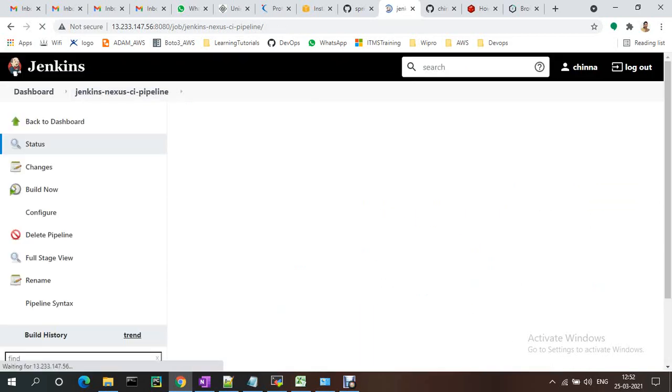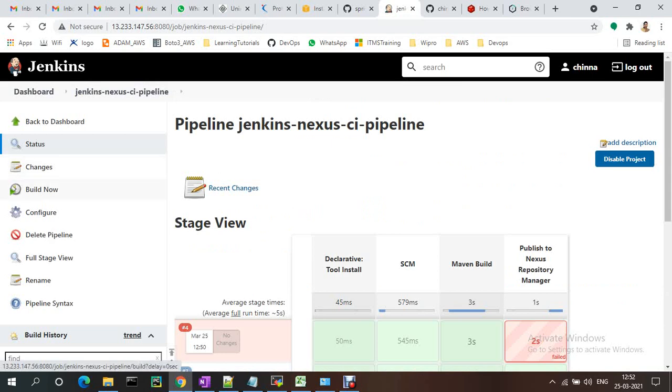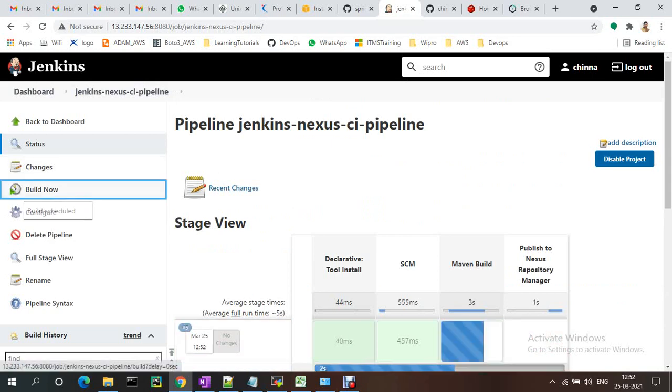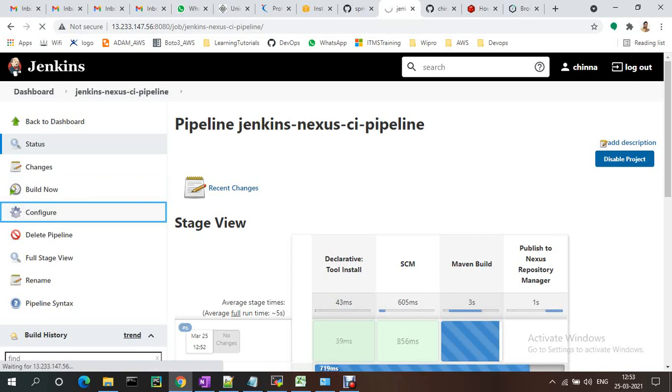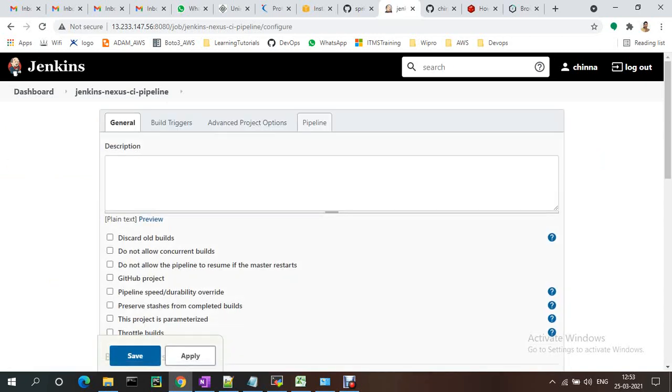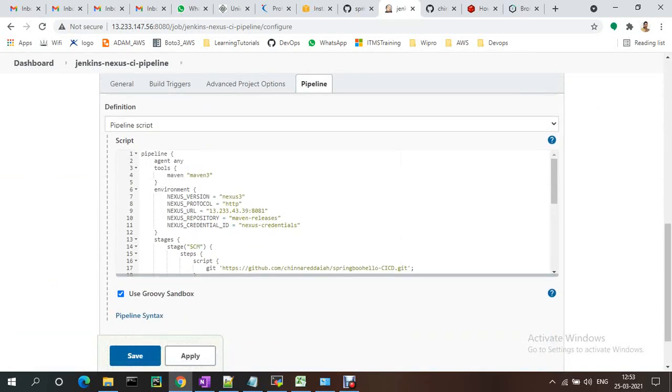Let me go to here, build now, configure, and this environment is not required, right? We already set that one.